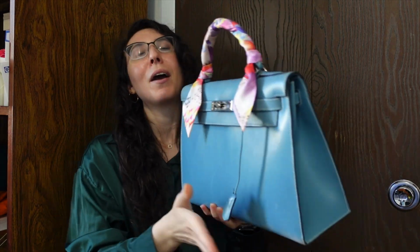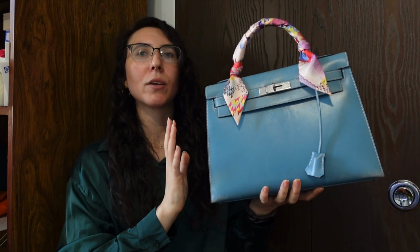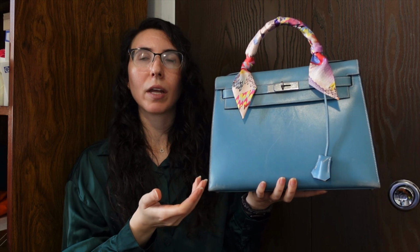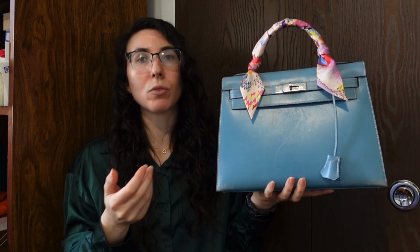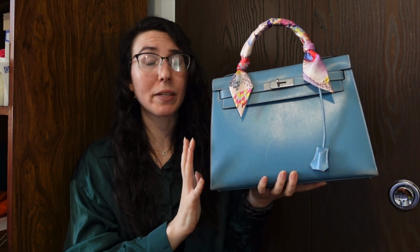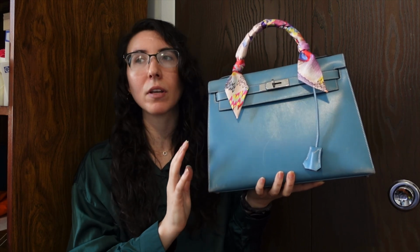I promise. Anyway, so why is this bag unique? Now, obviously, I think this bag is special. It's a Hermes bag, and I think that those bags are quite special. They're very well made. This is a beautiful bag. I think it is crafted spectacularly, and I love the leather of it, and that's what I'm going to talk